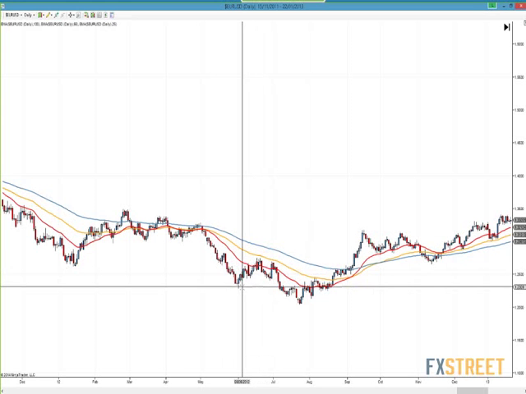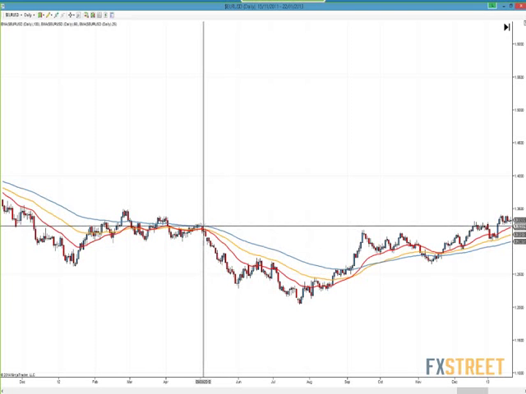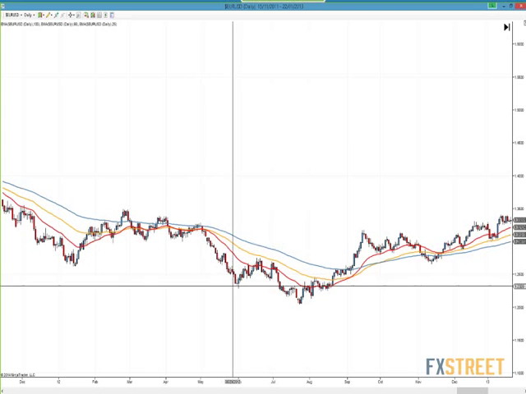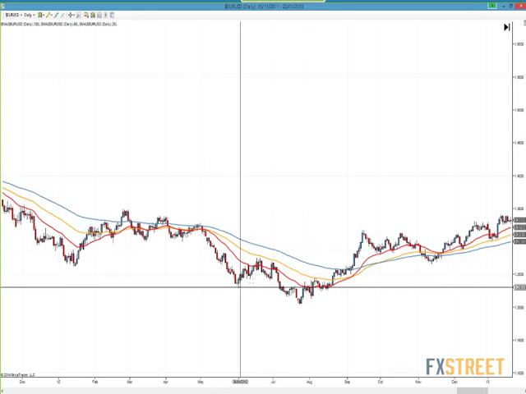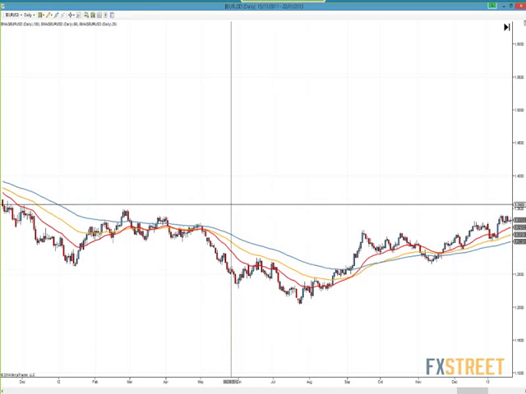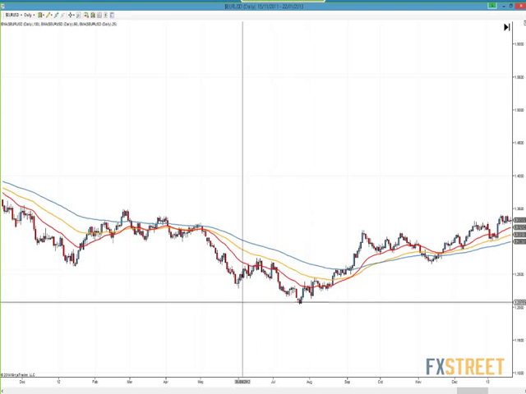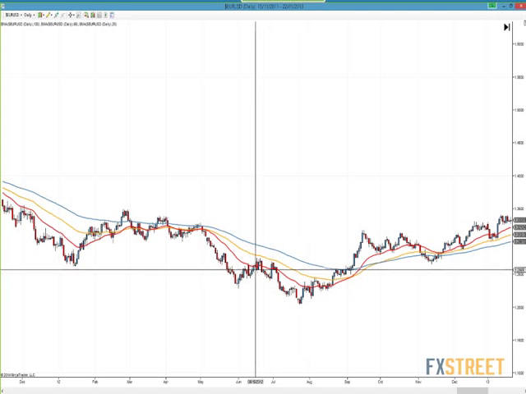Okay, the previous move was down. They've absorbed the previous move. Now, all of the sellers that were involved in this prior down move over here are going to be looking to make money again. And they've got short-term memory, okay? So they're going to be looking to get short the market again, because getting short the market last time is what paid them. So they're going to have another punt at this.